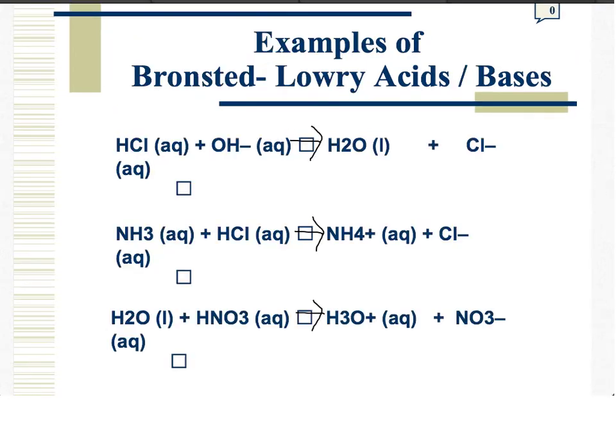All right, well, here's where this gets a little bit more difficult. So what I have here is 3 reactions where I want you to place these things as pairs. So I'm going to do the first one with you. When I look at these things, I see HCl and Cl-. This is a pair. Well, how do I know that? Because I know that HCl lost its hydrogen in order to form Cl-. So in order for HCl to become Cl-, this H has to go away or be donated. By definition, that makes that